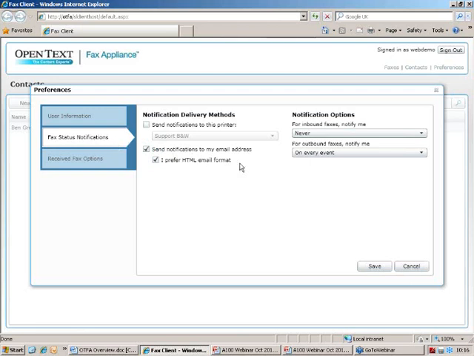The user can also select notification settings. So, for example, you could configure whether you want your notifications to be sent to a printer or email, and determine exactly which notifications you want to receive for incoming and outgoing faxes.